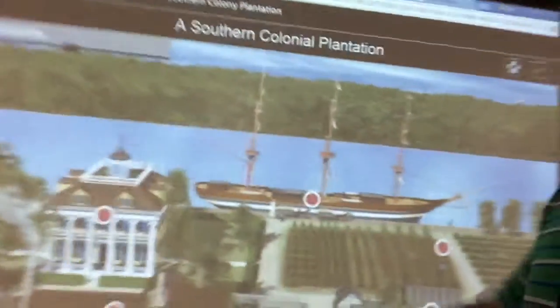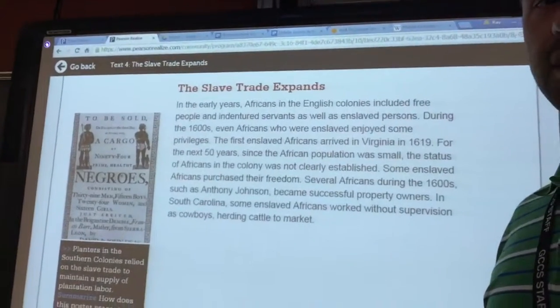So after you finish that activity, your third assignment is additional reading on the slave trade. Now, when I get back on Tuesday, we'll talk a little bit more about the slave trade and labor in the New World, because I want you to understand the sequence of events that led to Africans being selected as a primary labor source in the South and the way they were mistreated in the slave system. So you will read through this section about the slave trade expanding, answer a question on that, and then that's